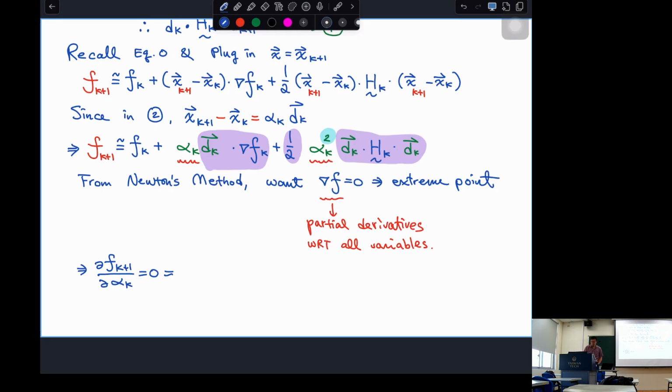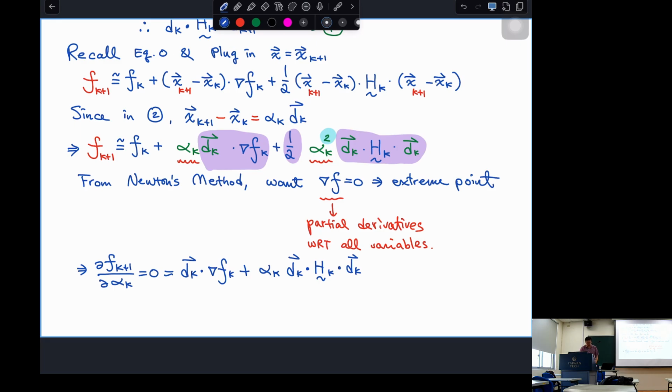So when you do the partial derivative, what you get at the end is dk dot gradient fk plus, so the power of 2 comes down, so then the coefficient becomes 1. So there is an alpha k dk dot Hk dot dk. Okay? And this equation, you want it to be 0. So right here,